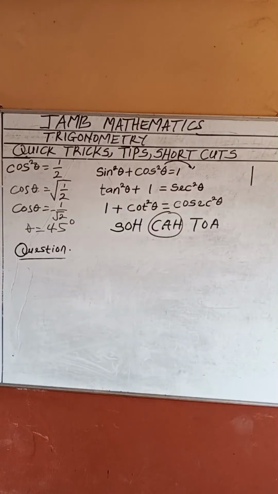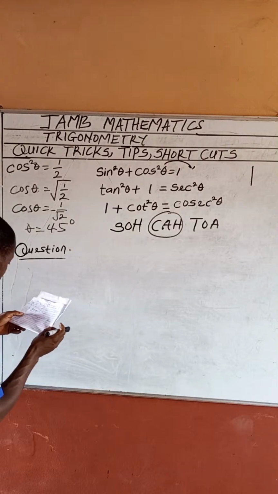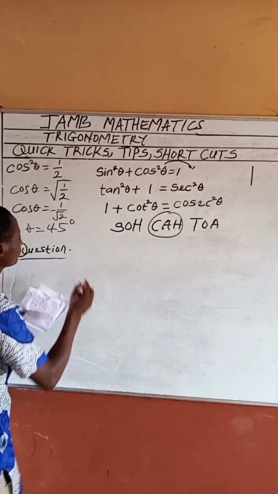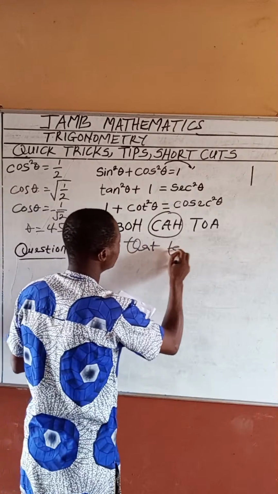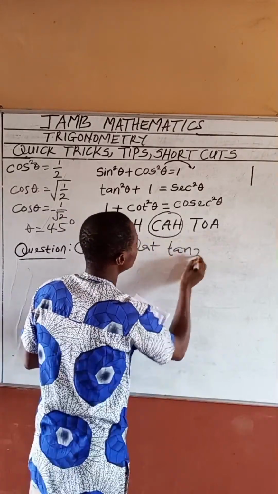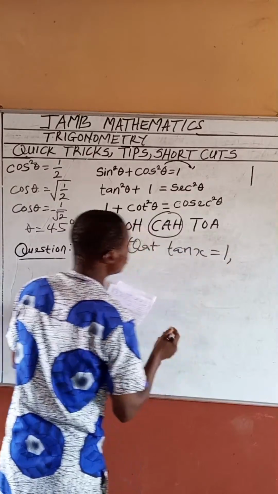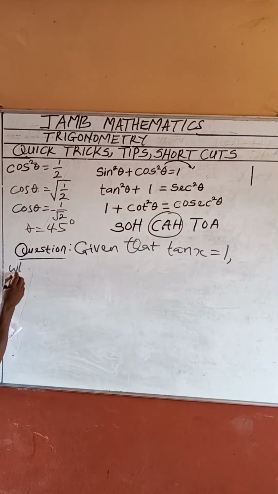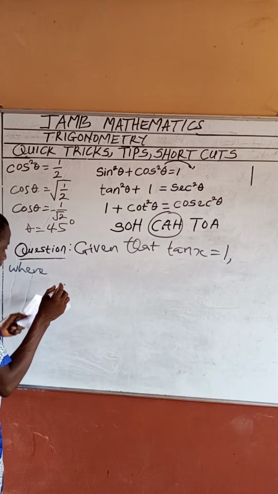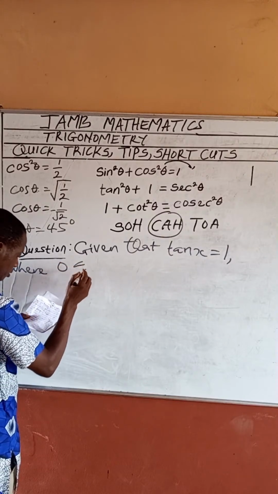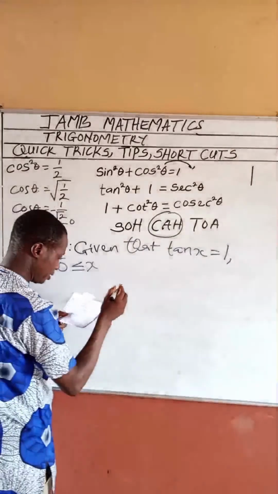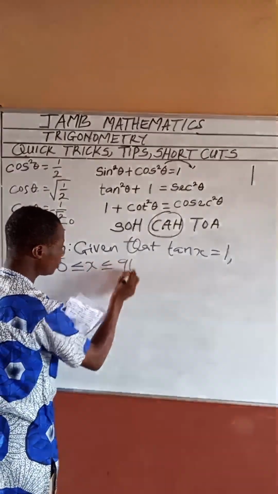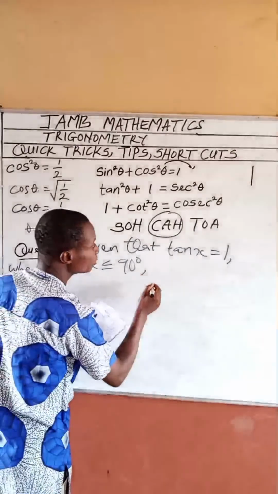Okay, now look at this particular one. Given that tan x is equal to 1, where 0 is less than or equal to x, which is less than or equal to 90 degrees, then we have to evaluate